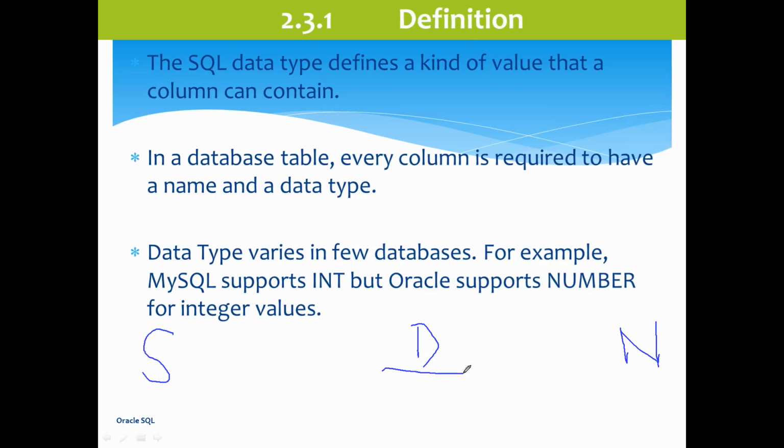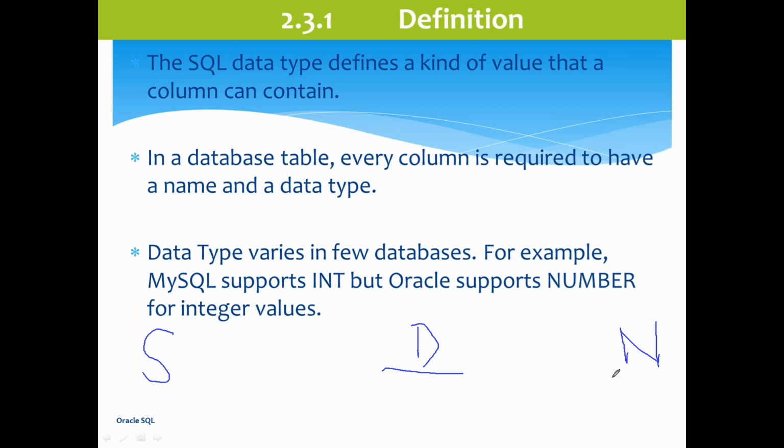Date: MMDDYY, that is one date format. DDMMYY. So the value can be date also. Joining date, hiring date, quitting date, exit date, purchasing date. If those types of columns are available, then date will come into the picture. Date data type will be defined for that column while creating.